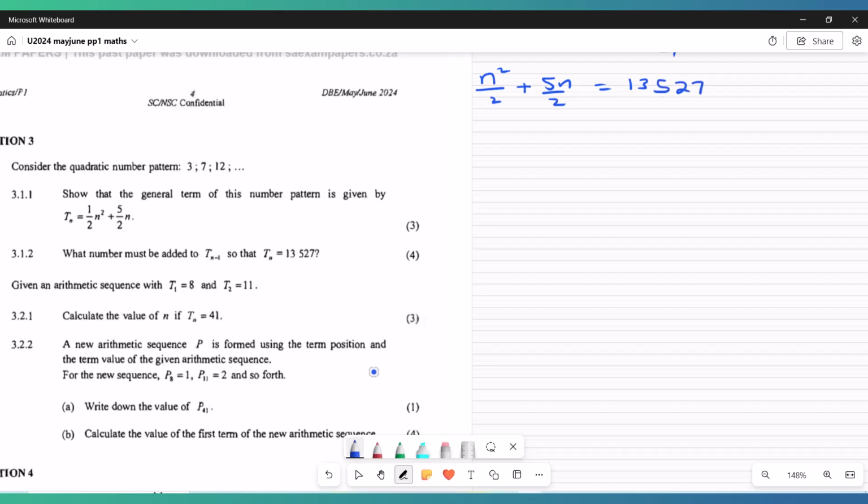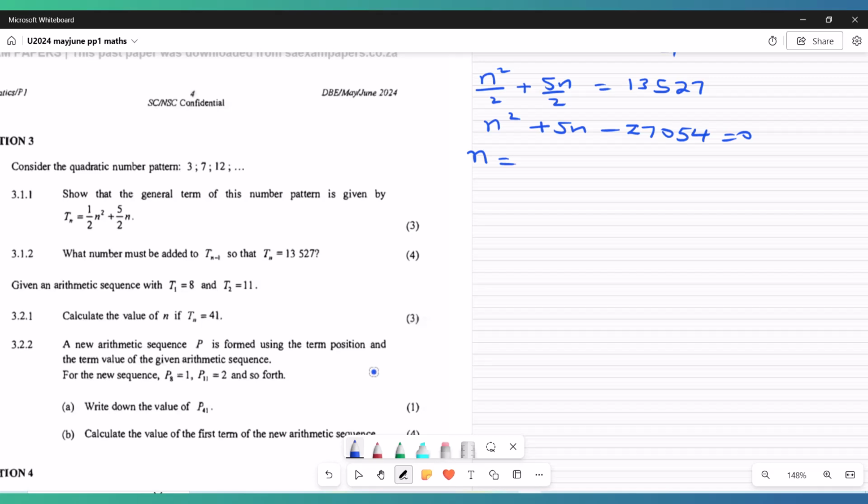So multiply through by 2, you get n squared, plus 5n, then minus 2 times this. What is 2 times 1 3 5 7? It gives me here 2 7 0 5 4. So minus 27054 equals 0. So this quadratic here, if I bring my formula again, my A is 1, my B